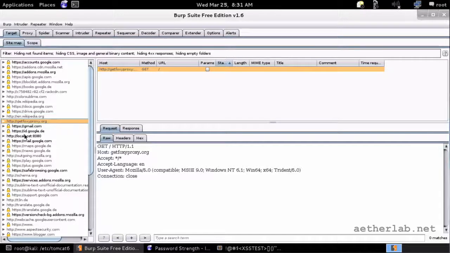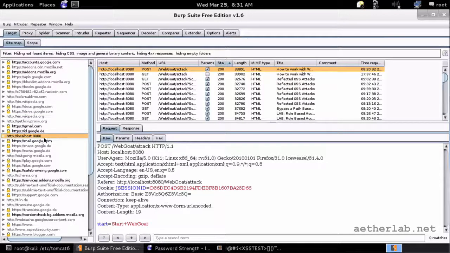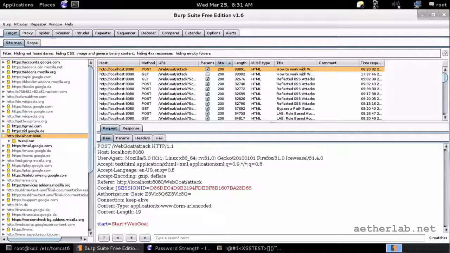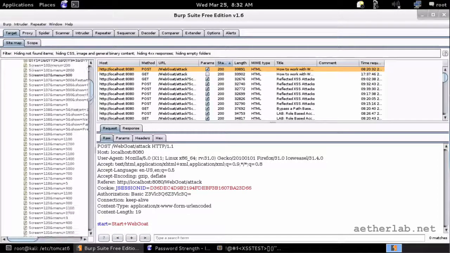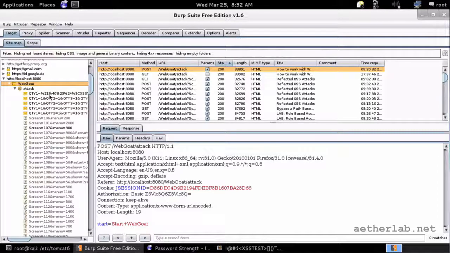What's important for us right now is that this is the application which we are testing at localhost on 8080, and if we open it, then we are following the structure of the URL. So if you go into webgoat, then that was the webgoat, and then here's the attack. So in the webgoat folder there was the attack, and there were the images, JavaScript, etc. And for instance, if we come here to the attack, then this is the place where we submitted all our